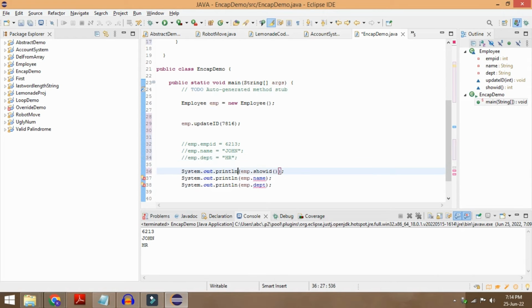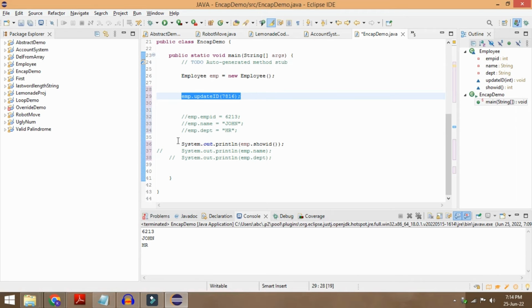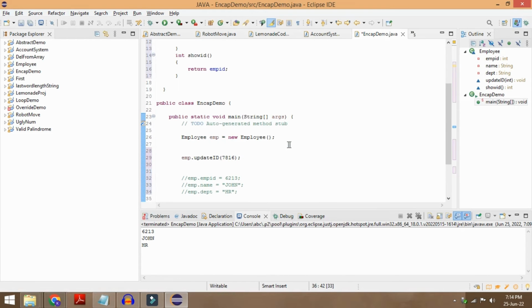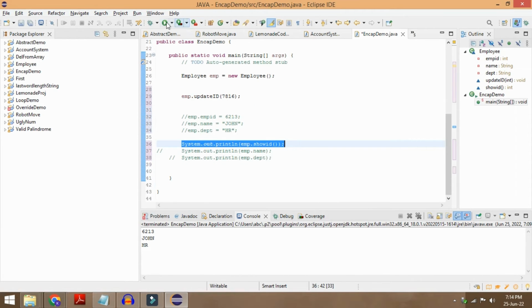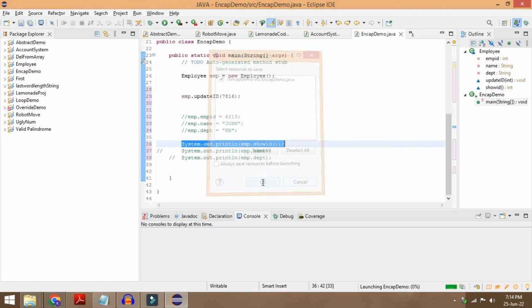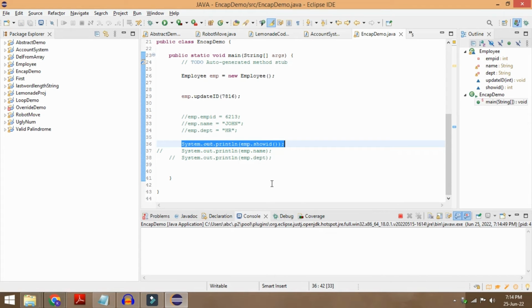I just need to comment out everything over here. Okay, so everything has been commented out, and this time I'm just updating the ID variable, and over here I'm just trying to update and print the value of ID which I have passed on. So you can see that my data is restricted, so it's updating the value as 7816. So this means